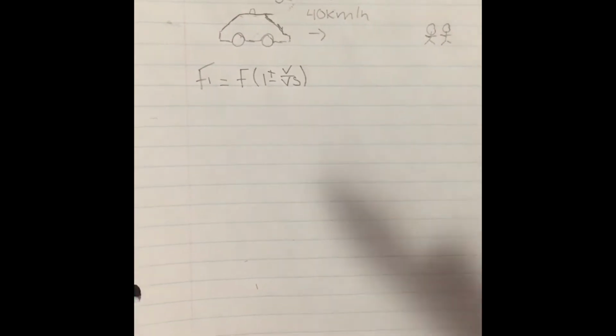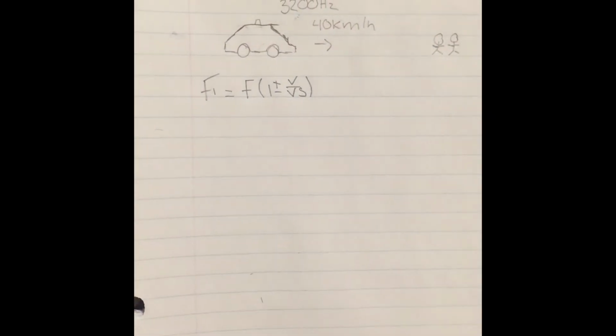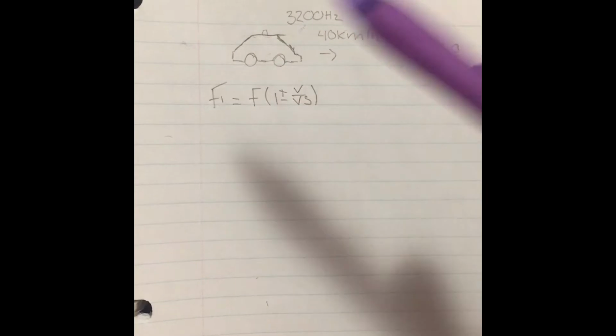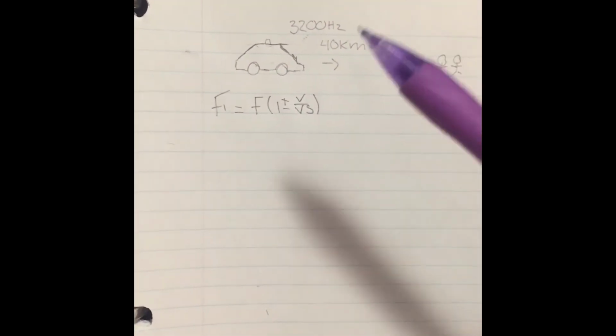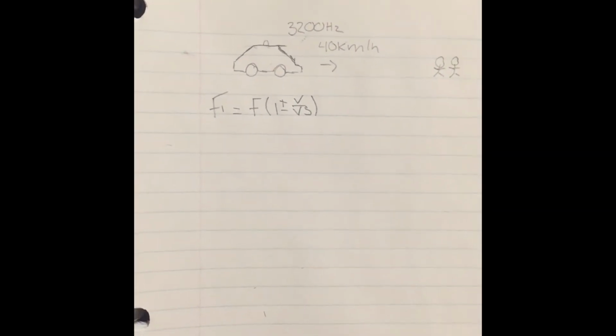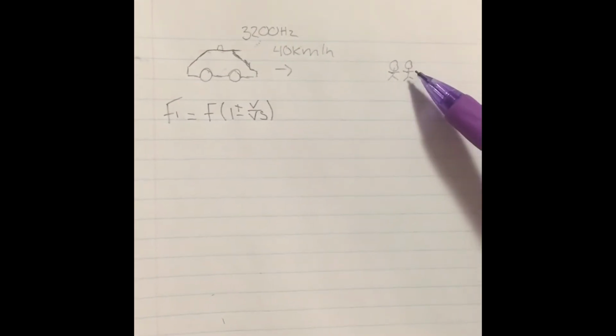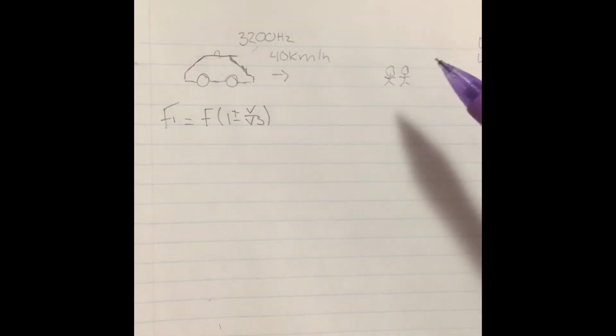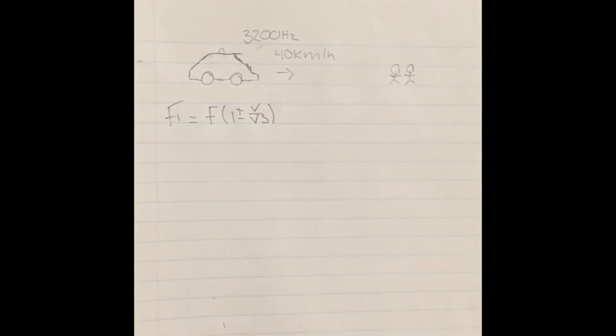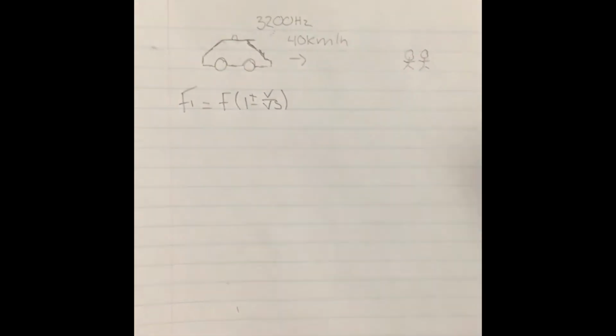In this problem, a police car is moving toward children at 40 kilometers an hour. The police car is creating a frequency of 3200 hertz. However, the children are going to hear a different frequency because the car is moving toward them. To find the frequency, we're going to use our formula,